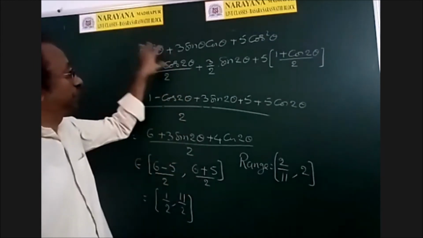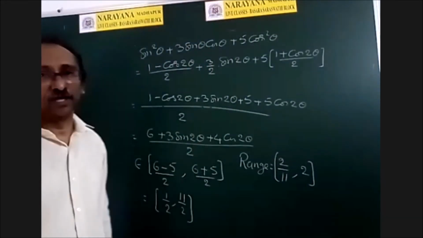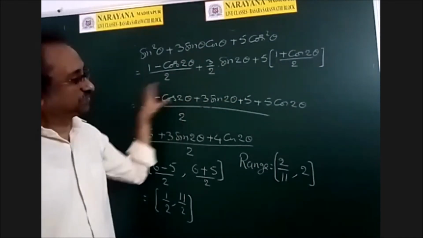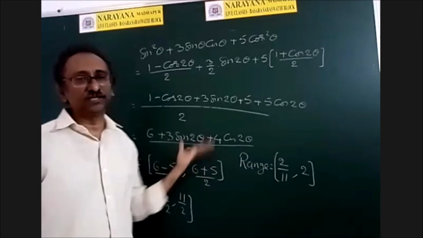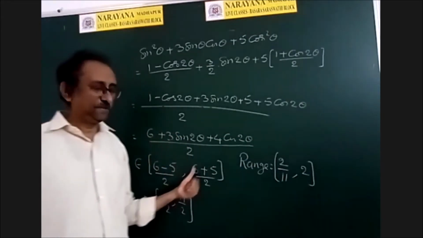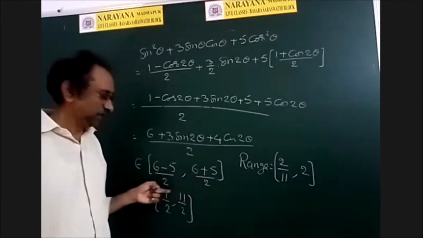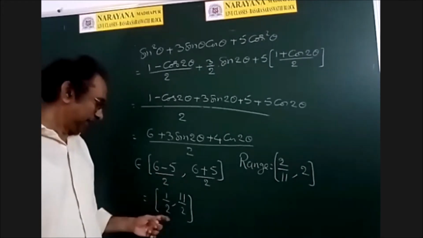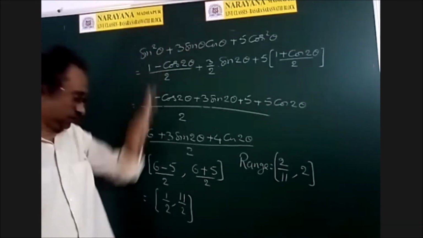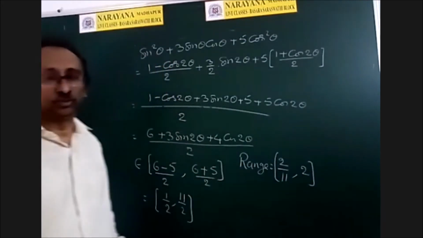See once again what we have done. I have converted sine square theta and cos square theta in terms of cos 2 theta. This can be easily written as sin 2 theta. So this is of the form a sin theta plus b cos theta plus c. So the range is c minus root a square plus b square, c plus root a square plus b square. But already there is another 2 in the denominator, so I divide with 2 also. So we get the minimum value and maximum value of this function, but I need the reciprocal of this function. Therefore, these numbers are reversed, and hence the maximum value is 2.